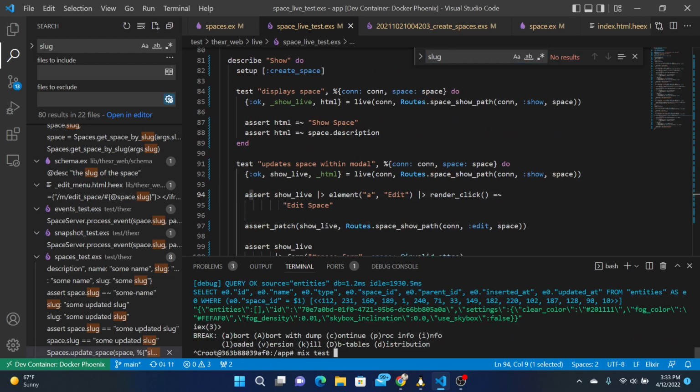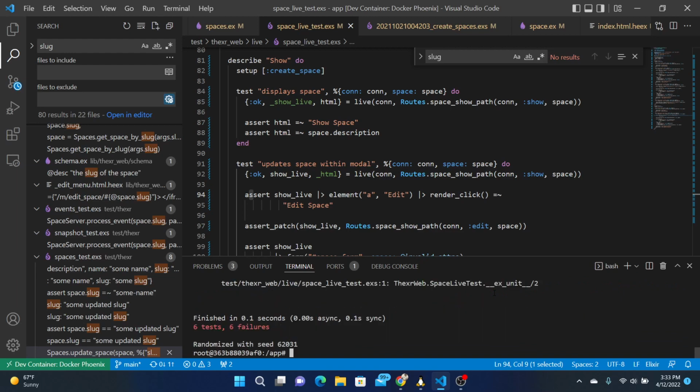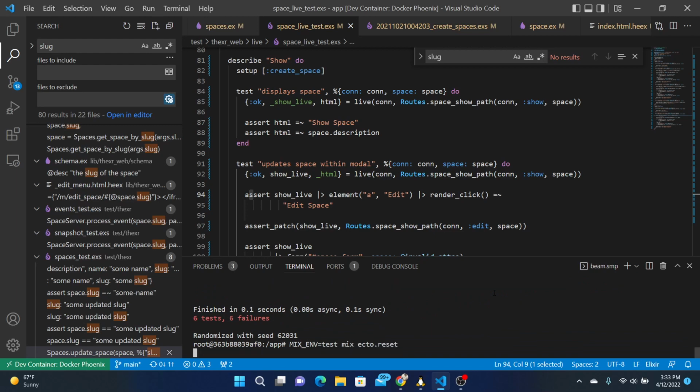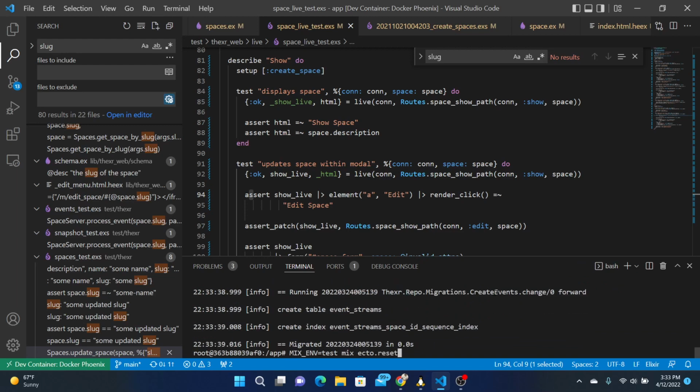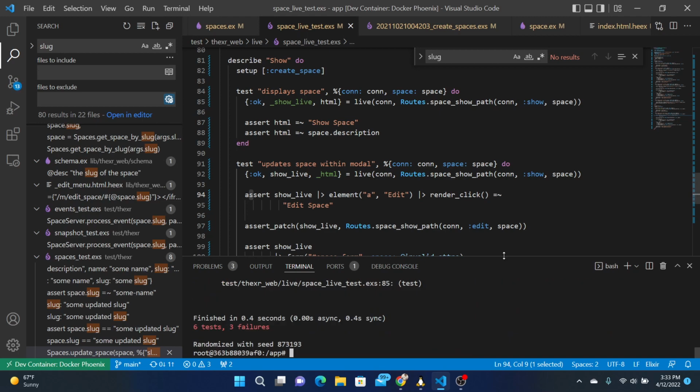Mix test. EXR web live space test it. Let's redo their database. Mix m equal test. Mix ecto reset. Test. 3 failures.